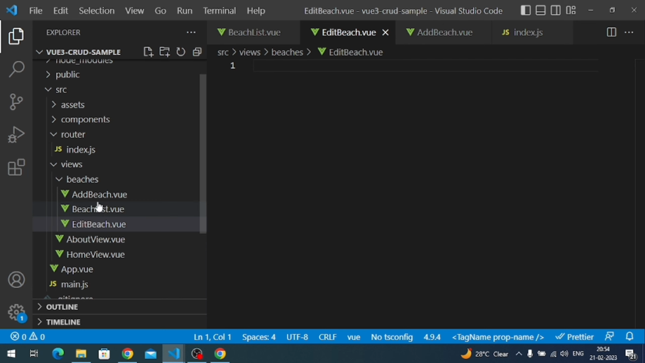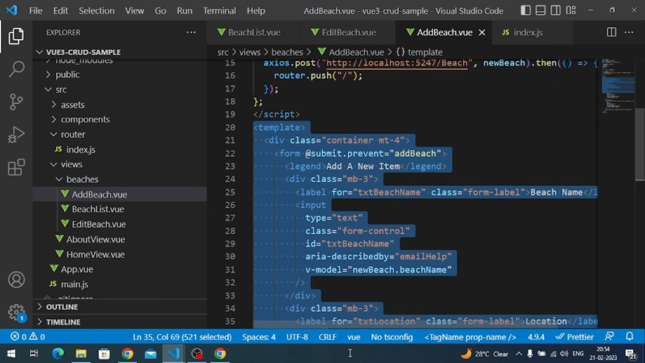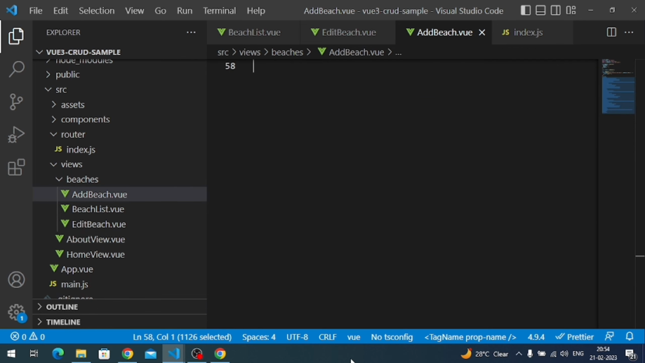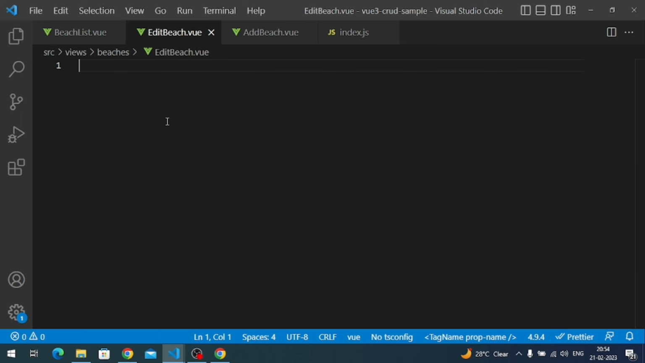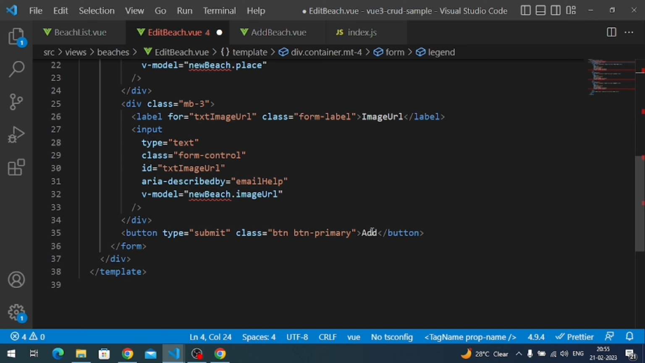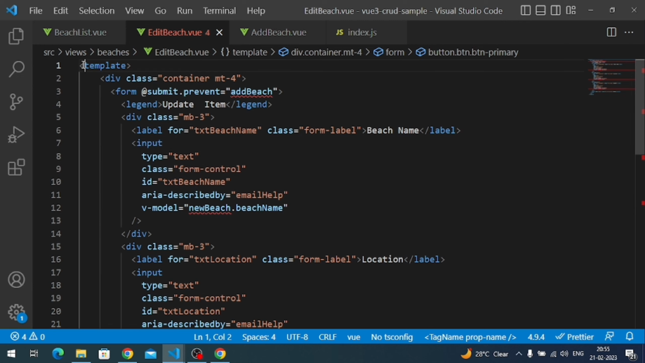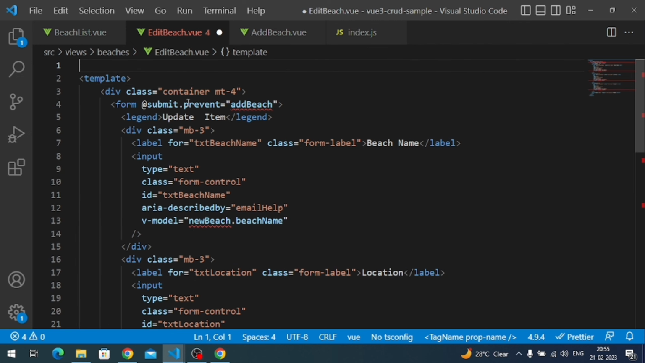Okay, so what I will do, I will simply copy the content from my add beach component, to save some time. Okay, so here I can change the heading to update item. Okay, and I can change the button to update. Okay, here we have to enable the model binding anyway. So what I can do,